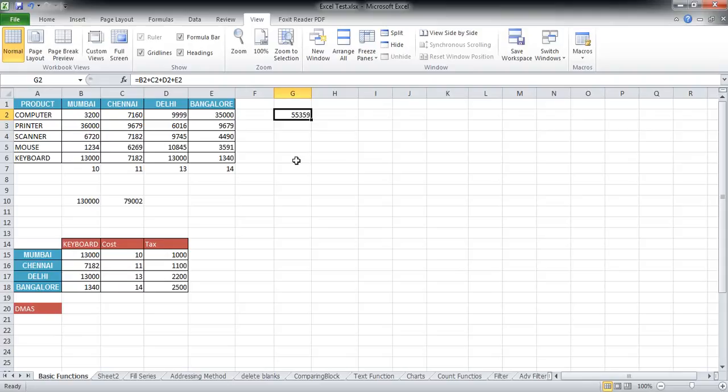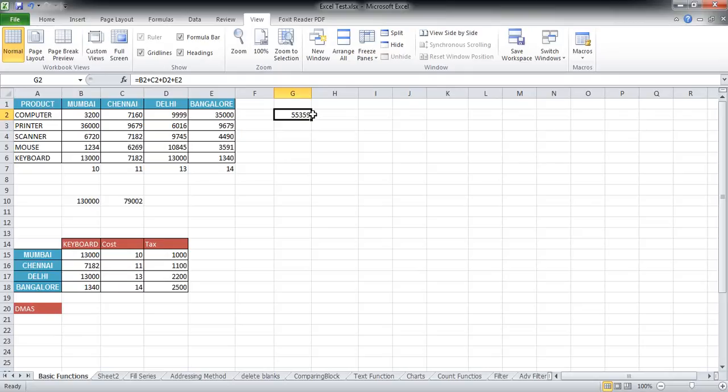So the first possibility of achieving the same is that I can go to each individual cell over here and put in the same formula and calculate it for each and everything. But there is a very easy trick available to us in Excel which lets us calculate the sum of these values very easily, and that is that if there are some cells which are in continuity to each other, Excel provides you the functionality of dragging the formula from one cell to another with absolutely no hassles.